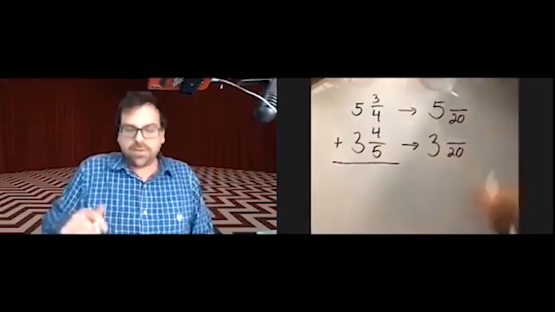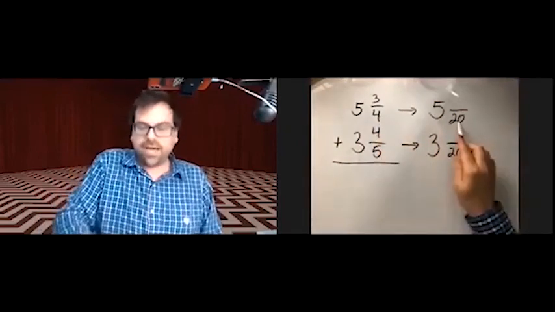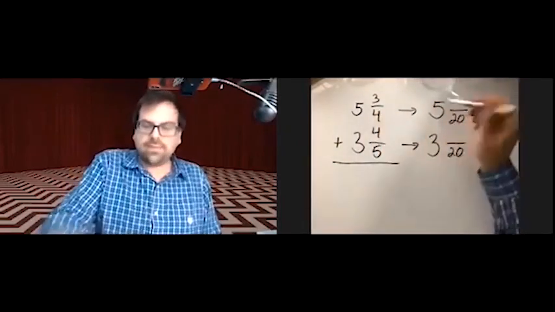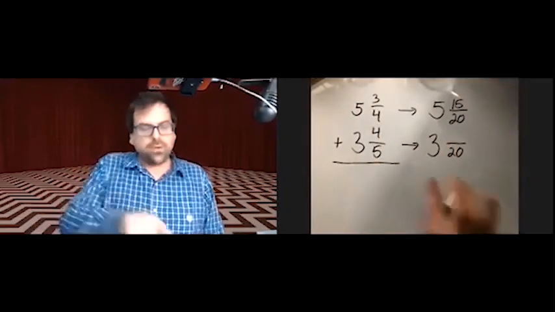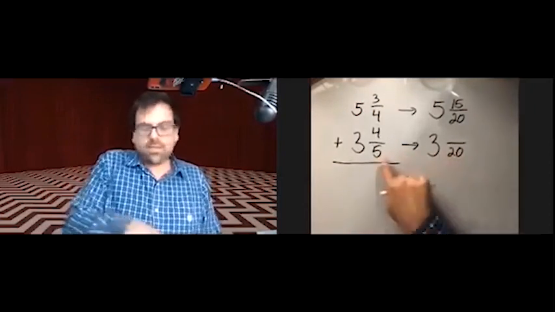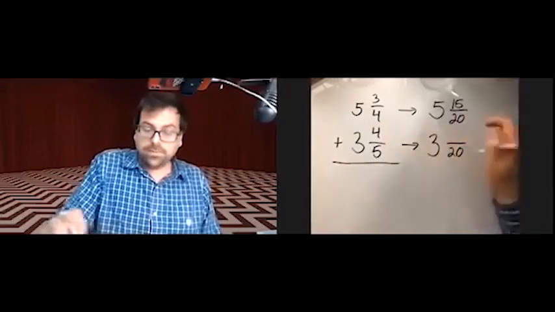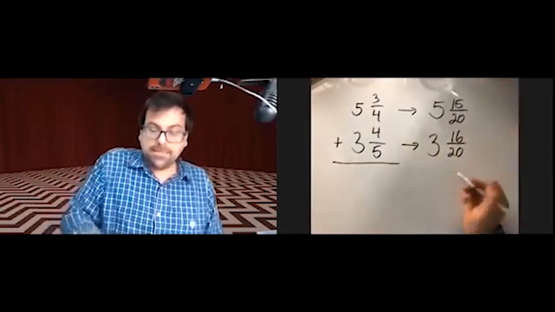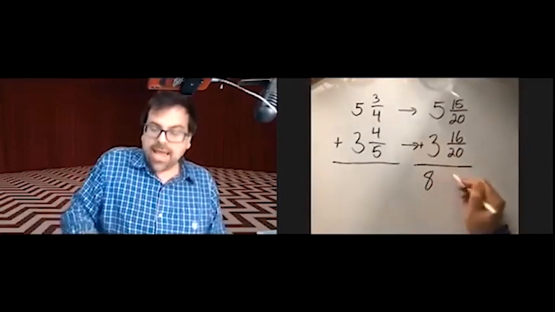So 5 and some number of 20ths. How did we go from 4 to 20? That's times 5. 3 times 5 would be 15. How do we go from 5 to 20? That's times 4. So 4 times 4 would be 16. When we add these, we get 8 and